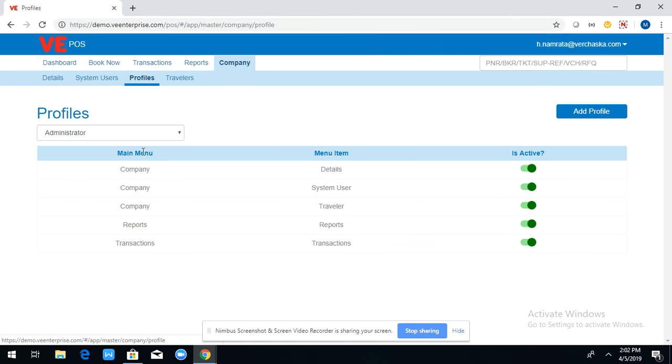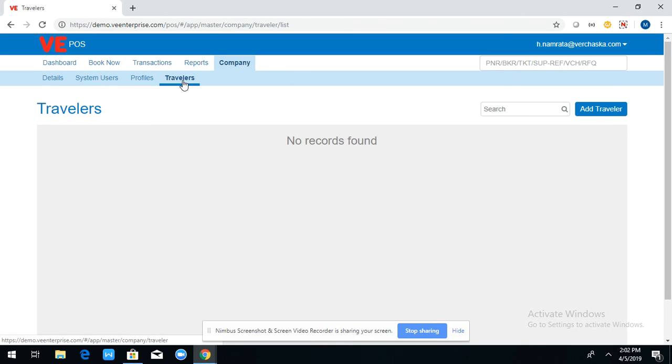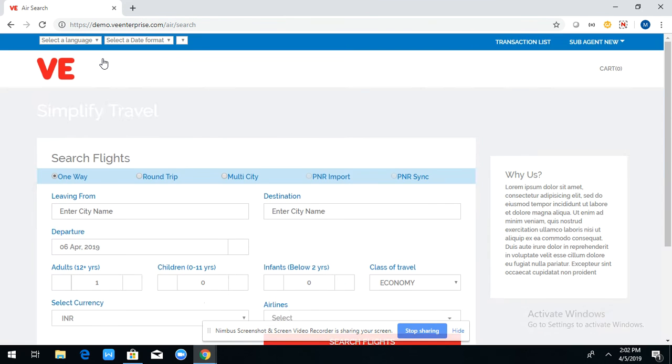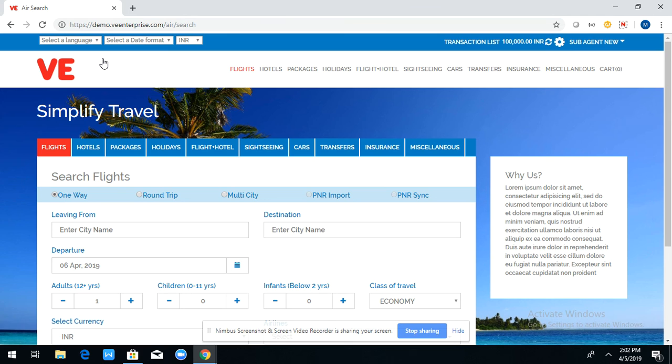Under profile, when I see the administrator's profile, all the rights are activated, which is the reason the system user will have all the rights. Also, we can create travelers. These are all the rights assigned to the B2B2B agent. And that's it with the B2B2B agent creation. Thank you.